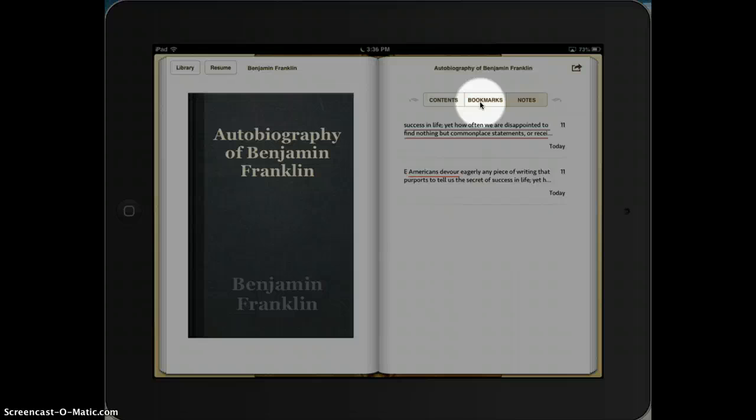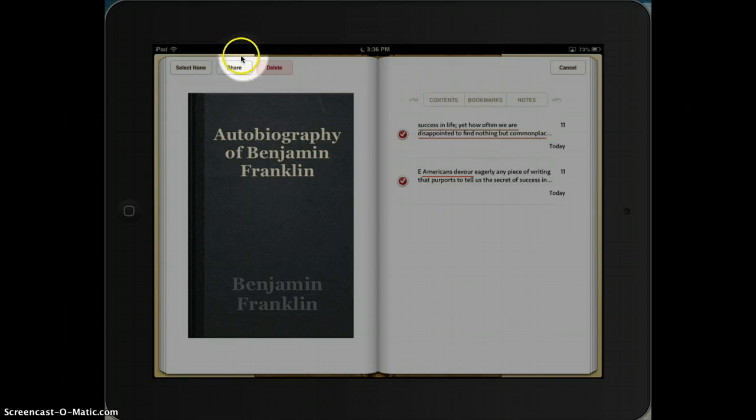So I could now, in the notes page, click on this and share the book, or I could edit the notes. Right here you'll see that I can edit the notes, and if I click on those, up in the upper left hand side I get a select none, share, or delete. So I can select any of my notes or none of my notes, but if I select one, it gives me that option to share, and when I share, I can email those notes to myself or to anyone else, so I can give them as many notes or as few notes as I want, or highlights that I've had there. I can also come back over here and cancel and then get me back to the main page